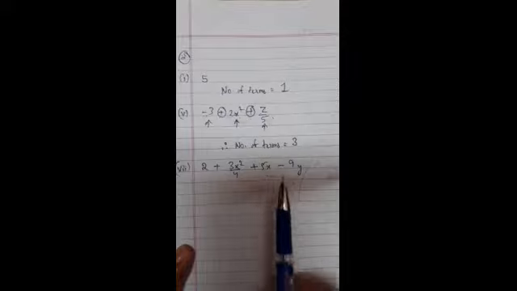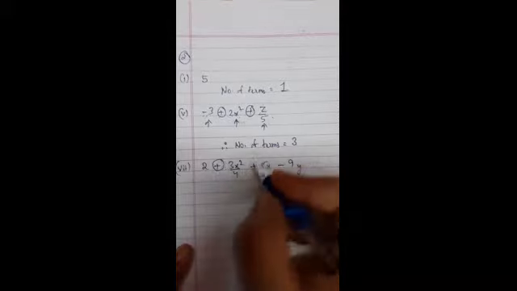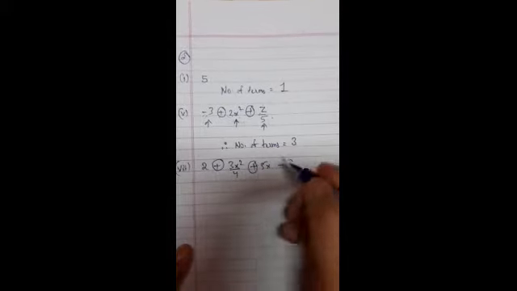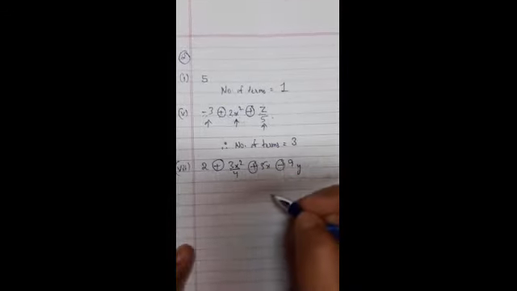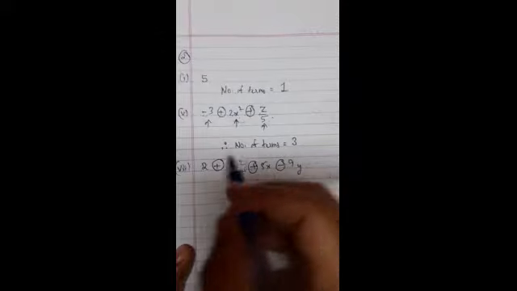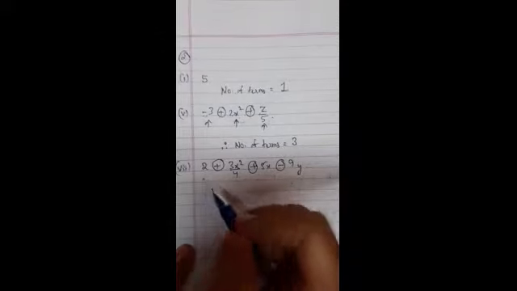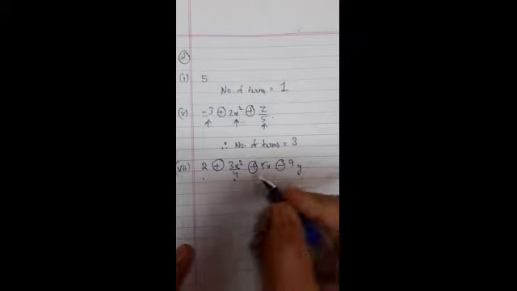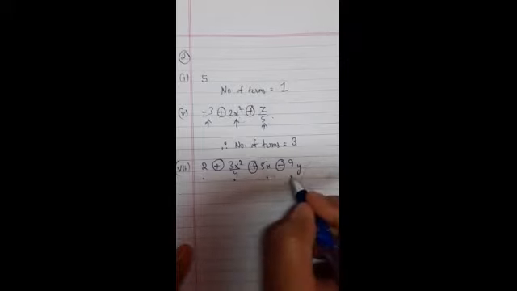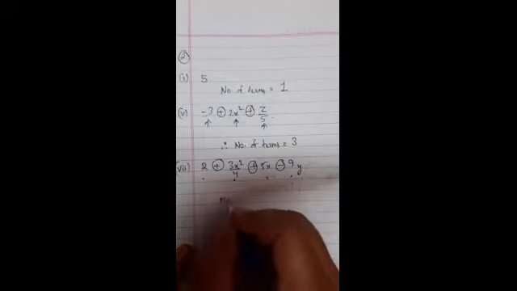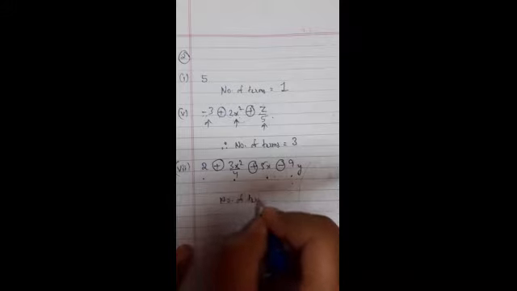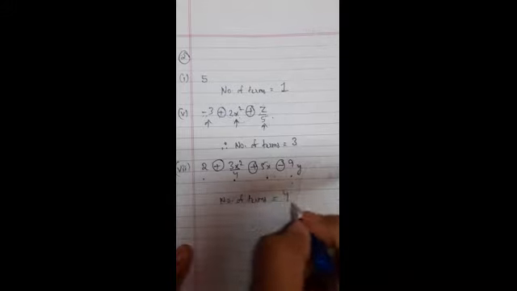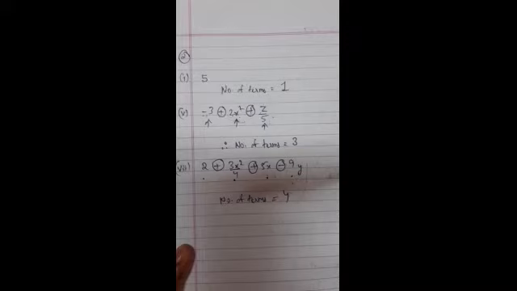Again, we are going to concentrate on plus or minus as a separator. So this is the first separator that we get. This is the second one. This is the third one. So how many terms in total? This is term number 1, 2, 3 and 4. So the number of terms in this particular part is equal to 4. Similarly, you can get the number of terms for each and every part of question number 2.